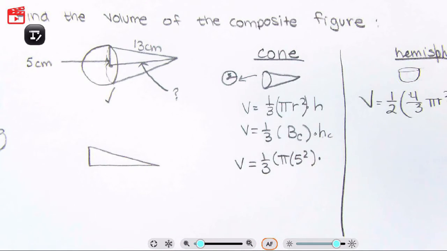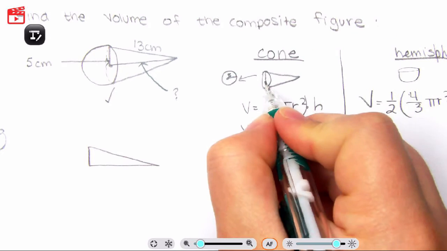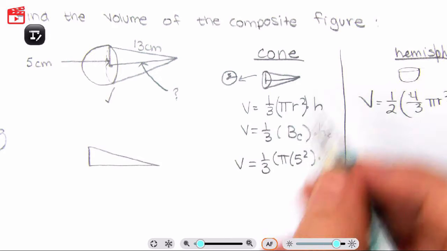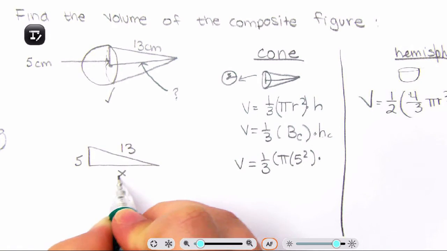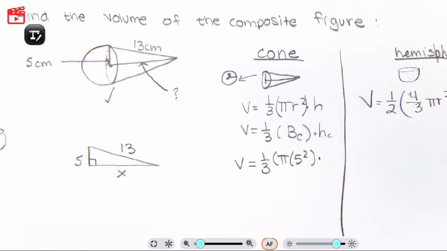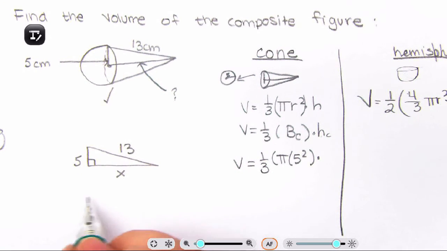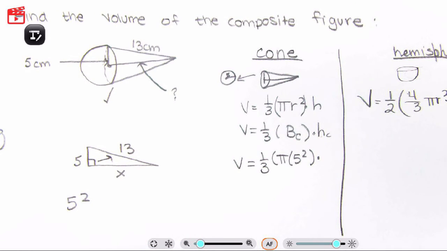Again, the height needs to be perpendicular to the base of your figure. So the base is your circle. So the height needs to go all the way down perpendicular to the base. So what do we have? We have 13 here. We have 5 here. We're trying to find this value. It is perpendicular, so we know that it is at a right angle. Remember, hypotenuse is always across your right angle. So we have 5 squared plus x squared is